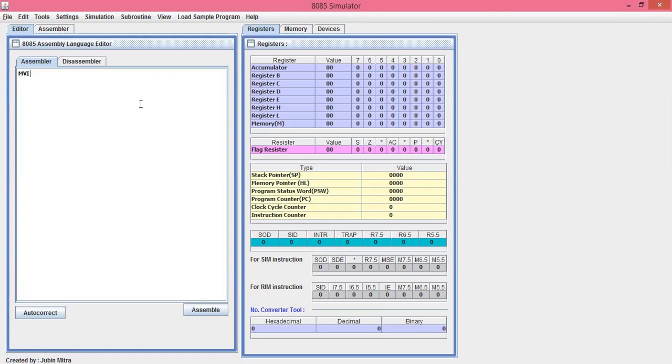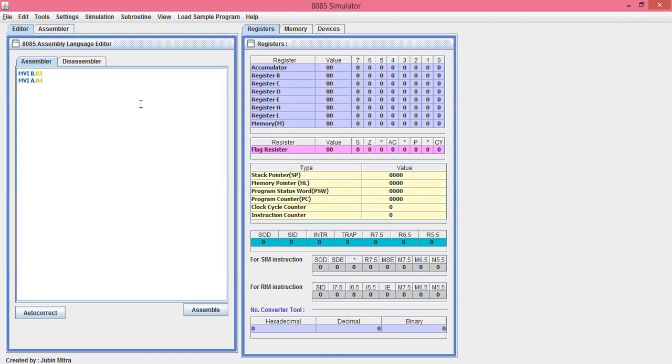So MVI, move immediate, is used. MVI B, 03. So I have inserted the number 3 in the B register. Next, MVI A, 04. So I'm inserting the number 4 into the A register, or the accumulator.